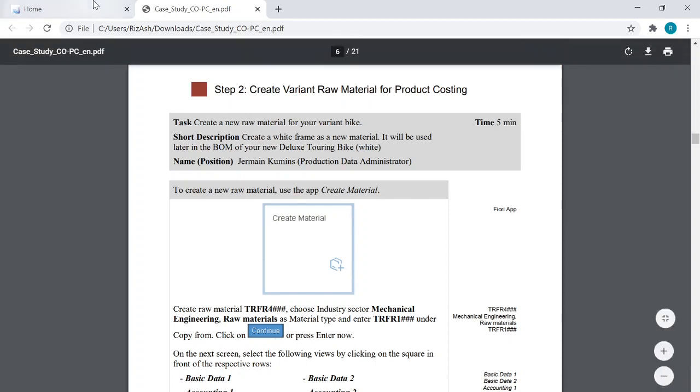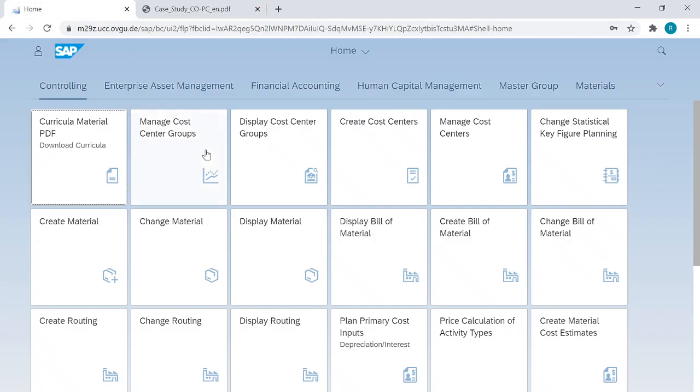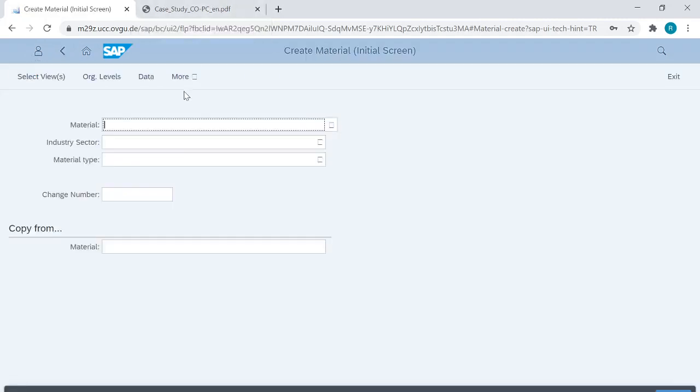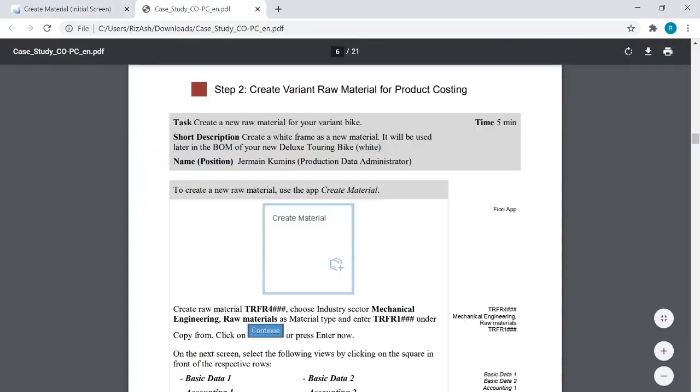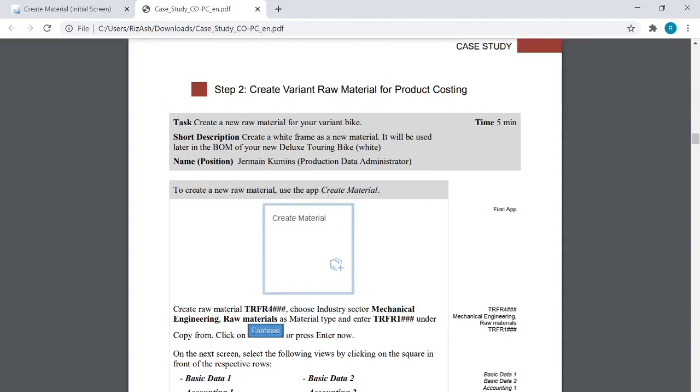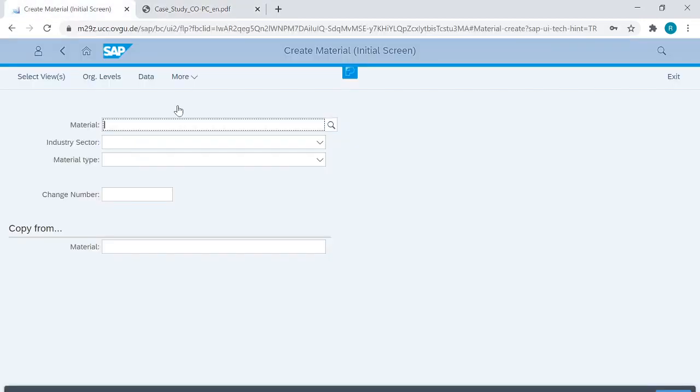In an SAP screen we will go and click on create material, and I will select the raw material TRFR4 with my SAP ID.